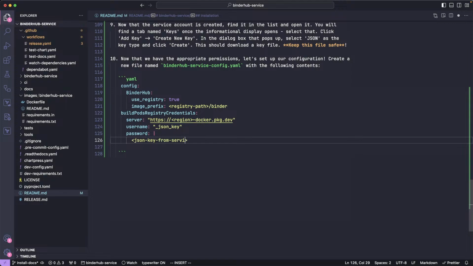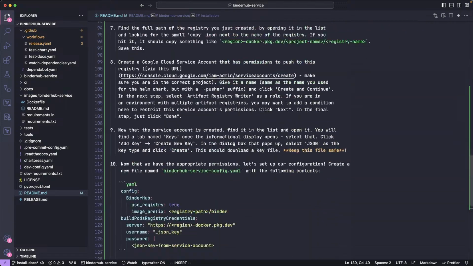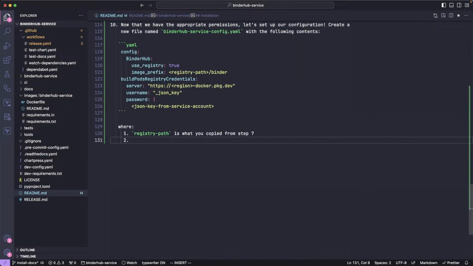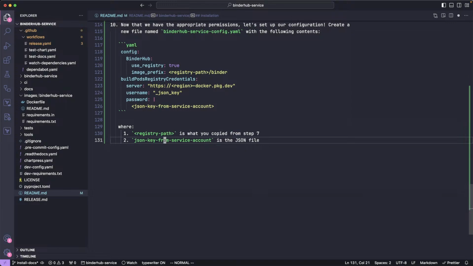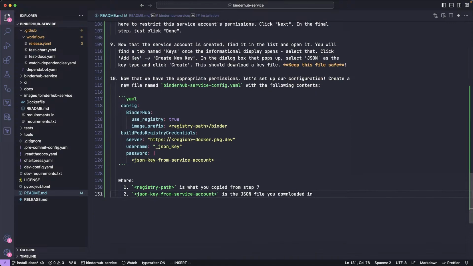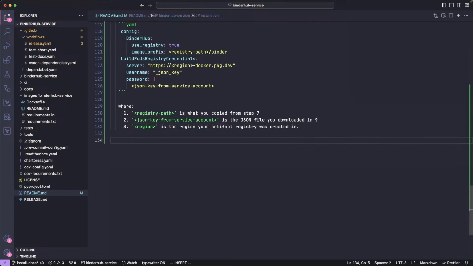JSON key, where, step 7, so that it's not confusing about codes. Step 9. Okay, so let's actually